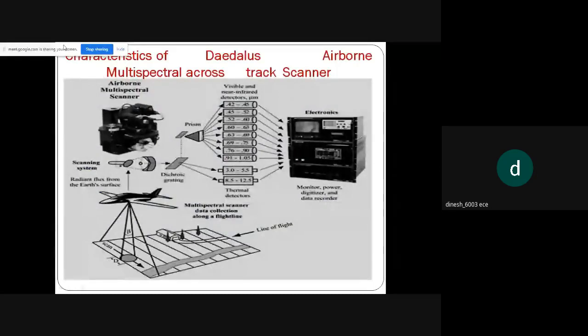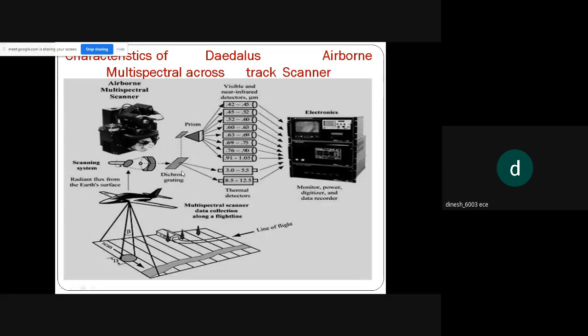So these are the characteristics of an airborne multispectral across track scanner. So you can see that an airborne multispectral scanner is present, which is deployed in aircraft. During motion, it takes the line of flight, it captures the information from the ground, D, which is the object, so it scans line by line, line by line, line by line, and this gives information. It has the scanning system, where the radiant energy or the flux from the earth's surface is captured,